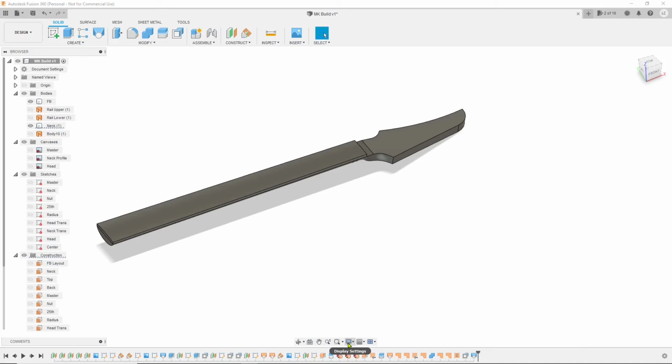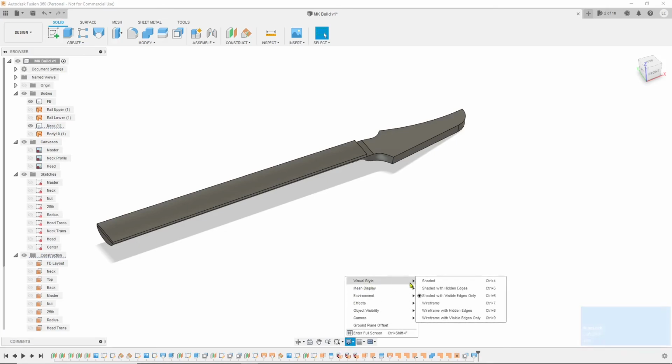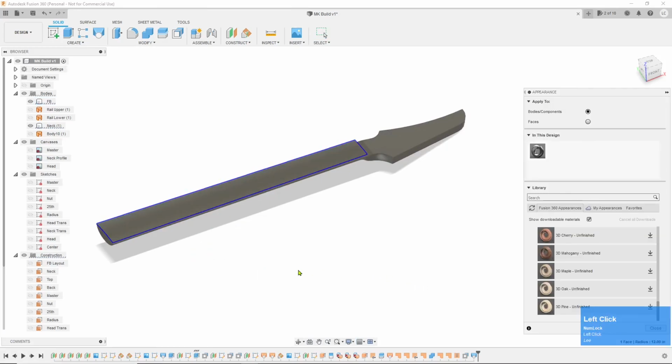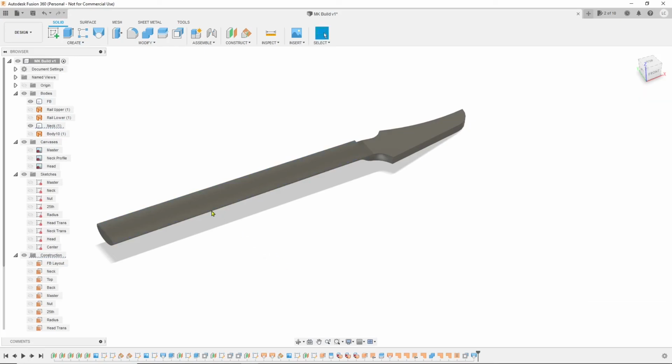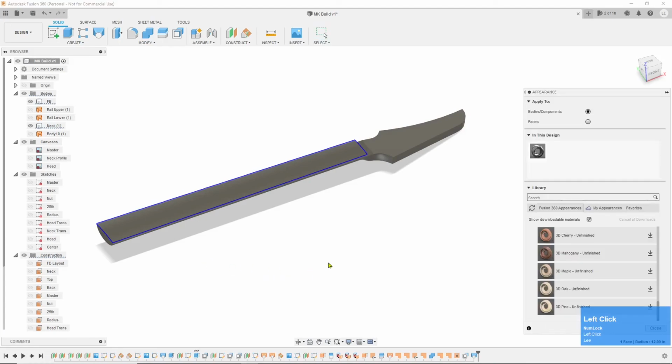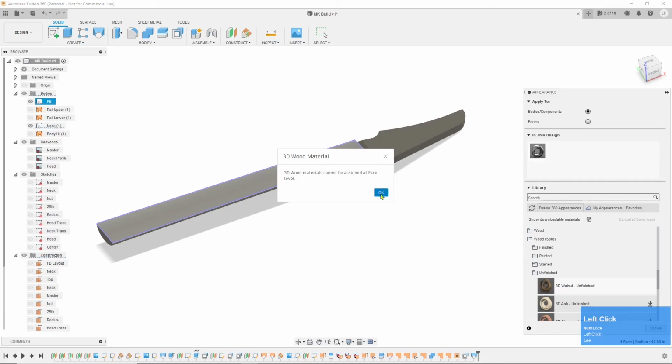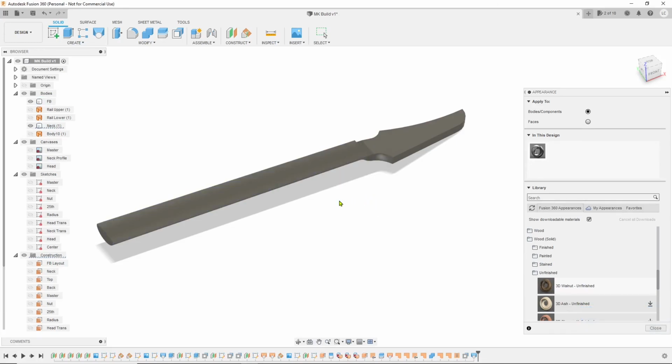Come down here and change this display mode into visual style of shaded. Right click, appearance. And then I'm in the wood, unfinished walnut, onto this face. Okay, we can't put it on a face. Wood under this body. And then I'm going to go back up here to finished